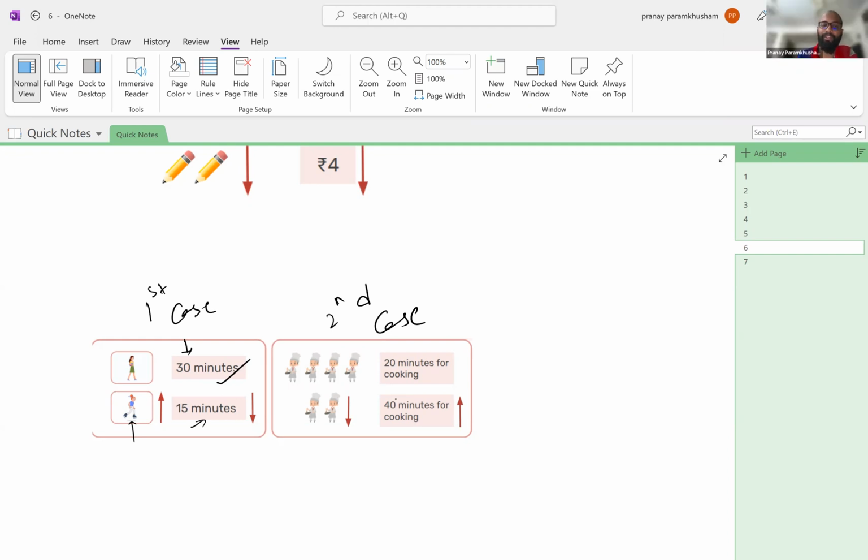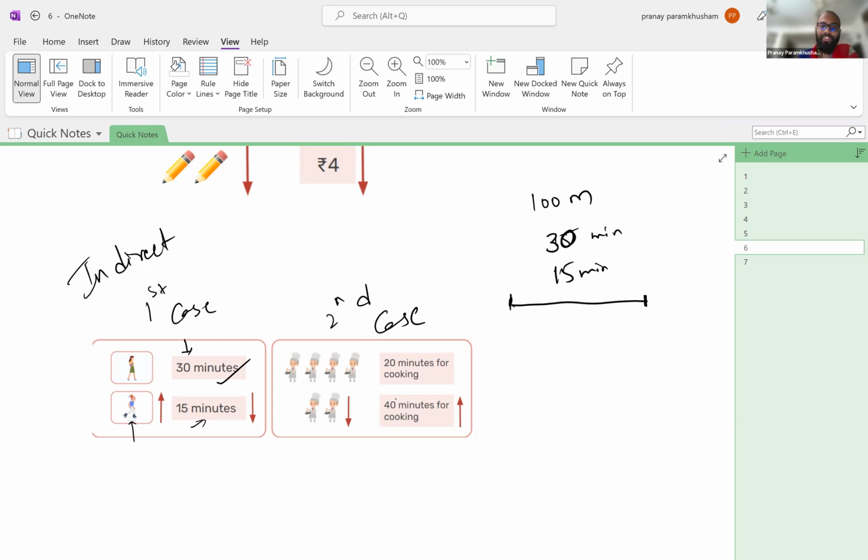So Gautam, look here. Let's say the distance is the same, right? The woman who is walking took 30 minutes. Let's say the distance is 100 meters. And the other woman, for the same 100 meters, took 15 minutes only. So what you could see here is that when they skate, the time is getting decreased for the same distance. So that is called indirect proportion.